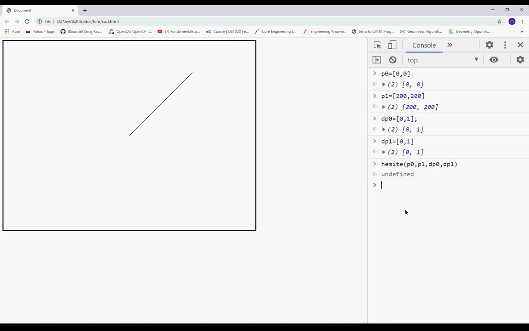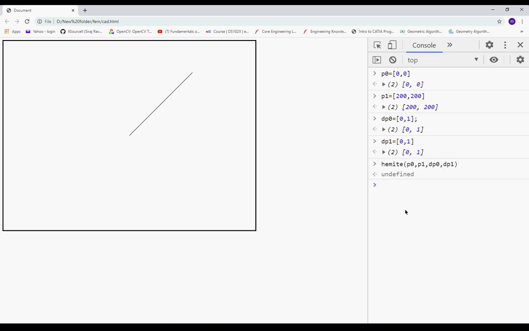I got this line. I don't know why I got only a straight line. It should actually be connected with multiple curves. So now we have to debug it.